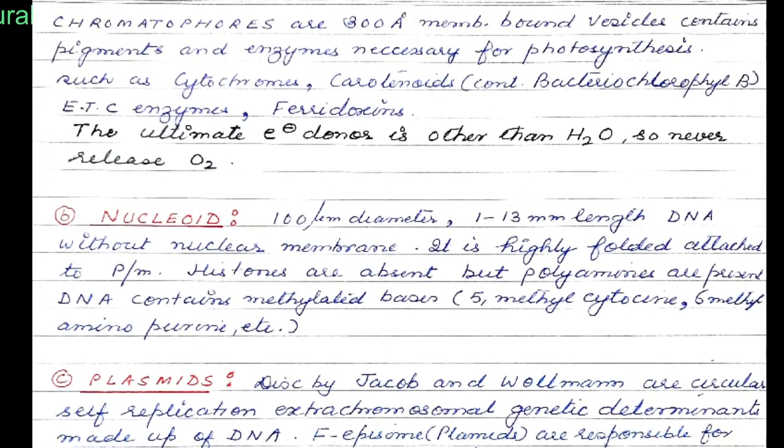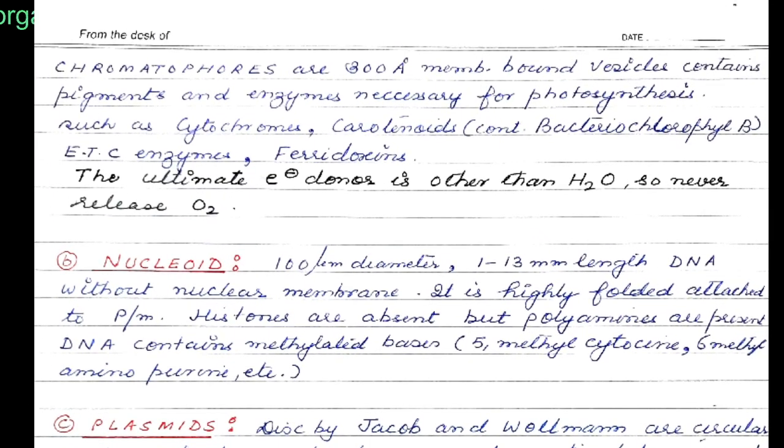Now, their pigments are contained in chromatophores, and these are also membrane-bound organelles, vesicles, which are about 300 angstrom in diameter and contain pigments and enzymes necessary for photosynthesis. For instance, cytochromes and carotenoids, and in addition the bacteria have bacteriochlorophyll, which is a deviation from the normal chlorophyll which we have in the higher plants, and it also contains some electron transport enzymes and